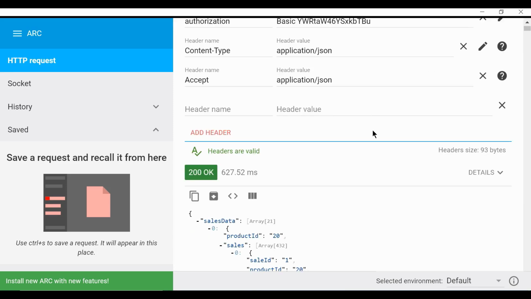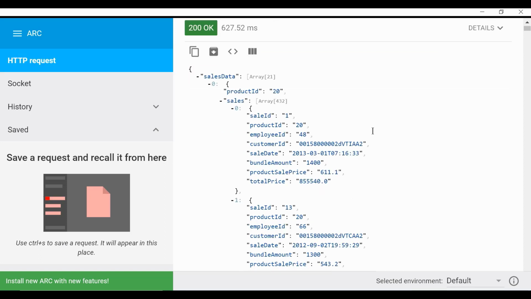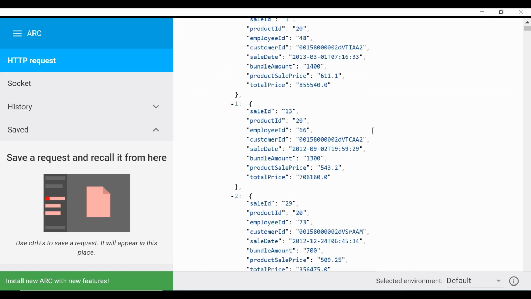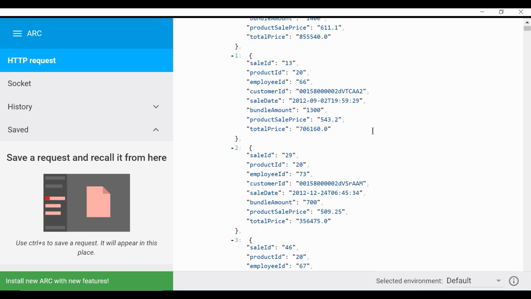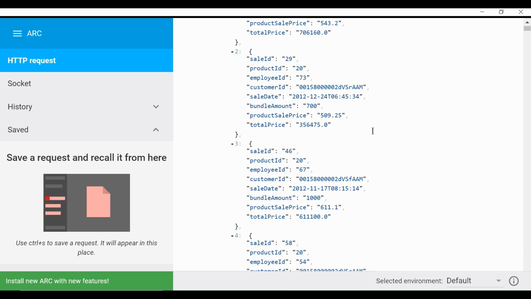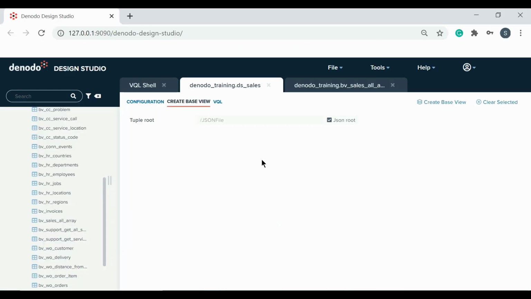As we can see, the results are the same as what we had received in the Design Studio. This is how the original data looks, which is converted as an array in the Design Studio. Checking that raw JSON, maybe you can think that the important information is inside the sales register. Let's try to return that information, modifying the JSON root.